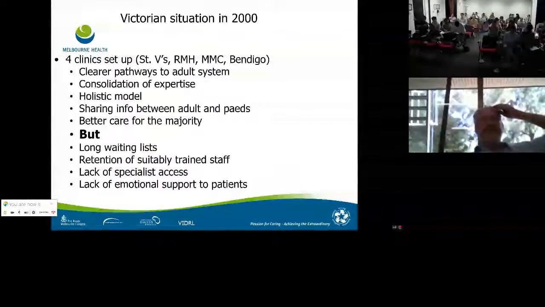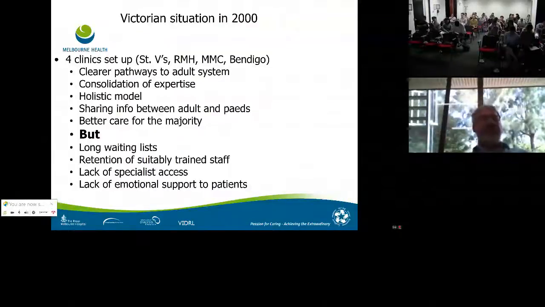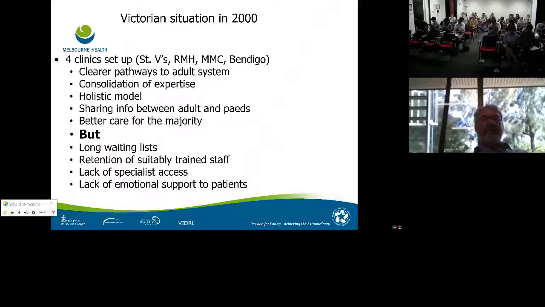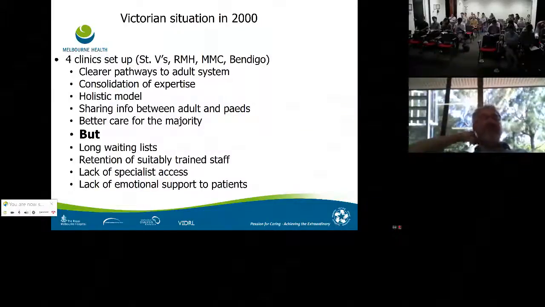Because this was not being done, and because the poor paediatricians were looking after people in their 30s and 40s and didn't want to do so, and felt that they were not the appropriate people to be doing so anyway, the Victorian government in 2000 set up 4 clinics at St Vincent's for people with cerebral palsy, Royal Melbourne Hospital for Spina bifida, Monash Medical Centre for both, and Bendigo for both,